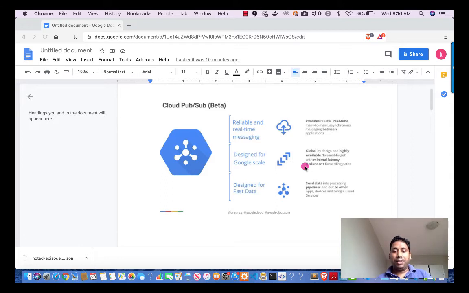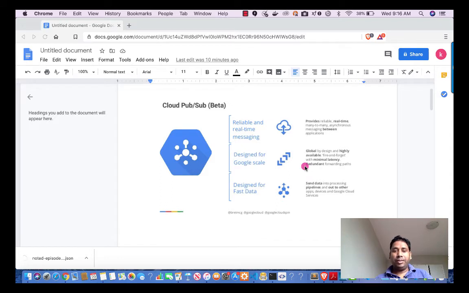And the best part is Cloud PubSub, or all messaging queues, at least guarantee delivery of the message at least once. What does it mean? You will get the message at least once, and there is a retention period also.